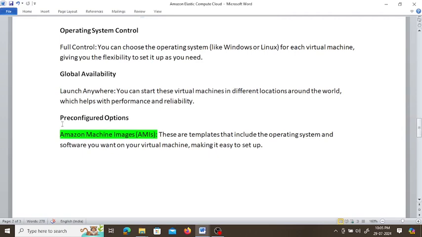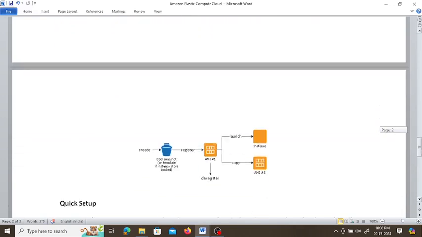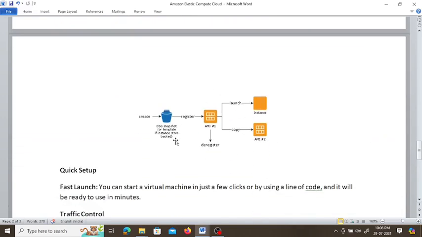Then there is one important concept which is called Amazon Machine Image. Amazon Machine Image is basically a pre-configured template for launching EC2 instances. It contains operating systems, software, and data needed to run an instance. So if you see the Amazon Machine Image, it looks like this. This is the machine image. It will be created using